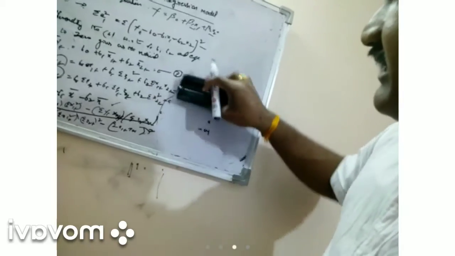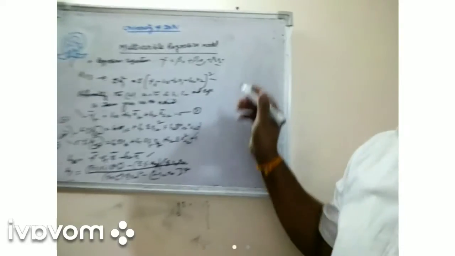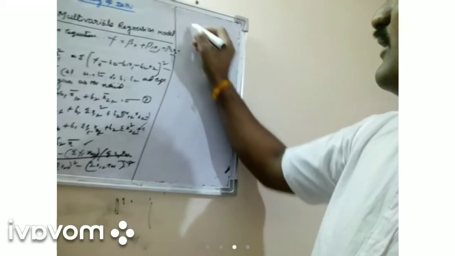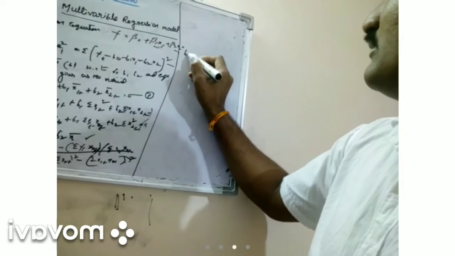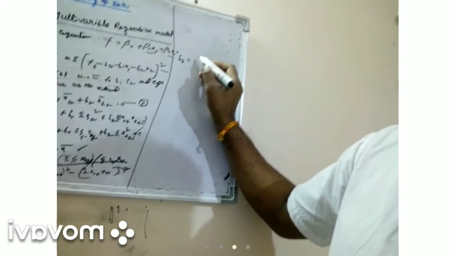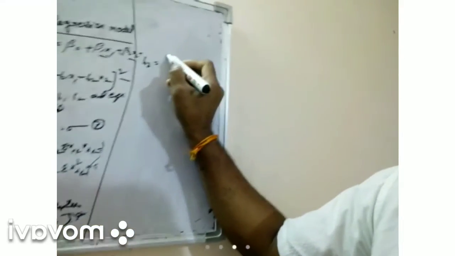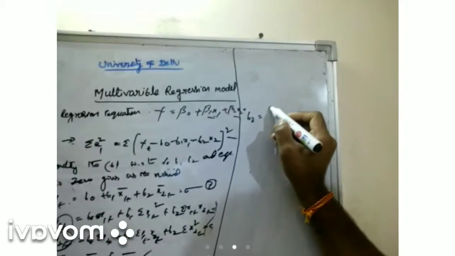Because without knowing these equations, we can't understand whether the regressor estimation is correct or not. So what is the b2? Here you can write it. b2 is equal to what? The same, replace that x1 with x2. So that is the sigma. I think it is clear, right?